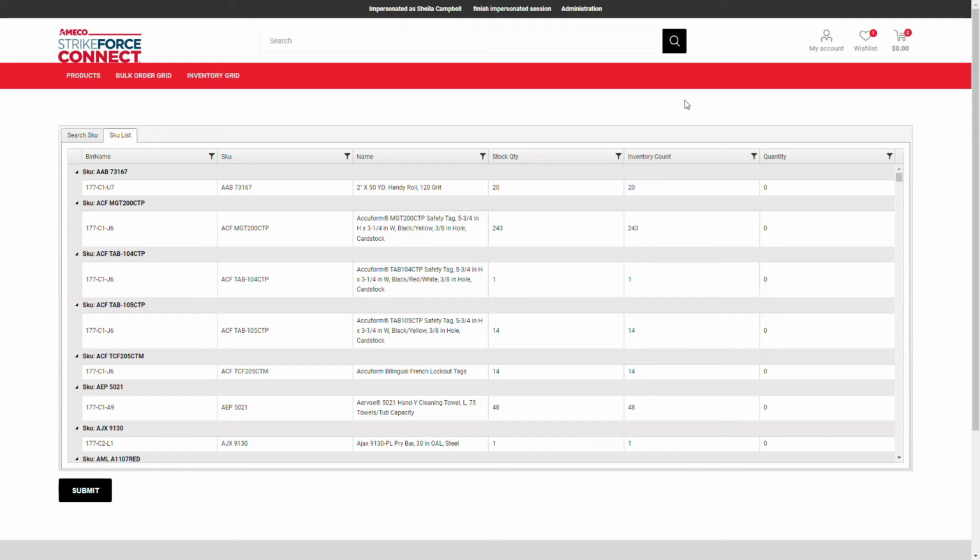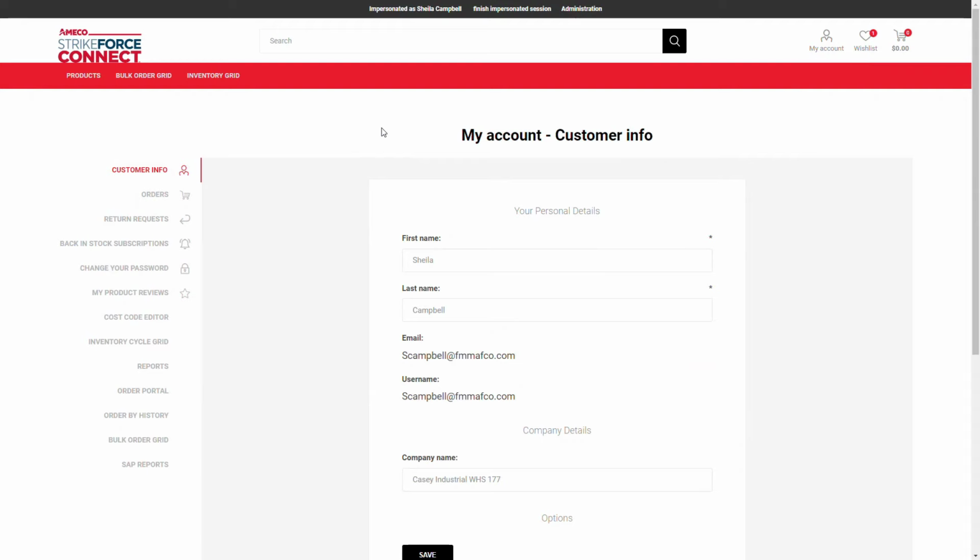Take a quick look at the reporting aspects of the solution. So underneath the account section, you have full access to a lot of reports. This panel, basically over here on the left, is going to track most of the things that you're interested in. So we have the cost code editor, for example, the inventory cycle grid, general reports, the order portal, order by history, and some SAP